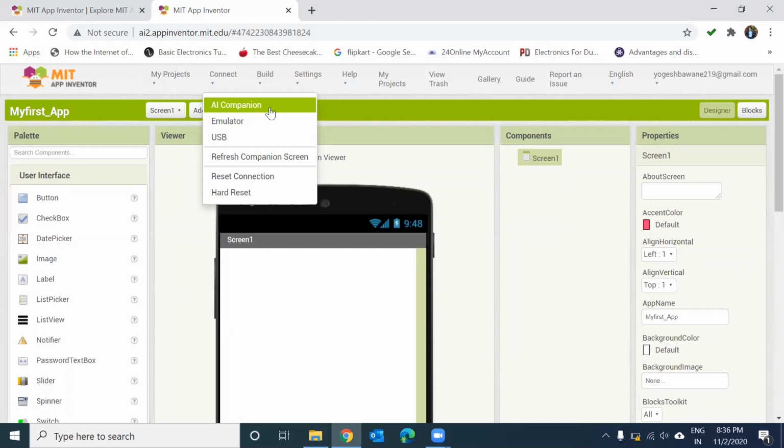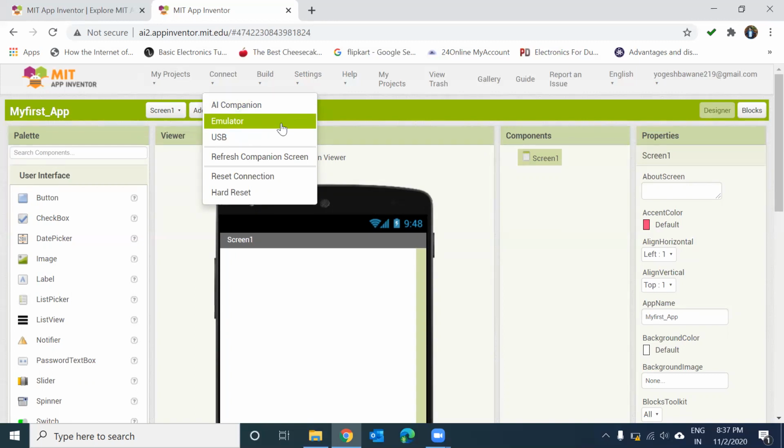AI Companion means you need to download one Android application on your mobile phone, the MIT AI2 Companion app. The emulator option is for when you install desktop or laptop software. It is basically an interface, like a mobile phone interface on your laptop, and you can use that emulator for testing.